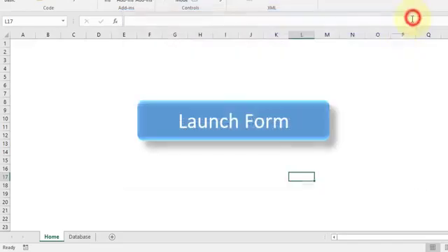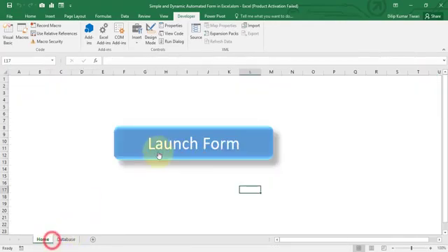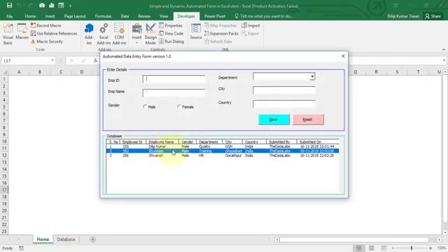So let's close this form, go to the database worksheet, and now you can see that whatever data we have transferred with the help of the form, all the data are available here. And the same data, all those 3 records, are available in this particular form. So there is no need to go to the database and see whether the data has been captured. While submitting the data, you can refer to this particular table to check whether the data you have entered has been transferred or not.